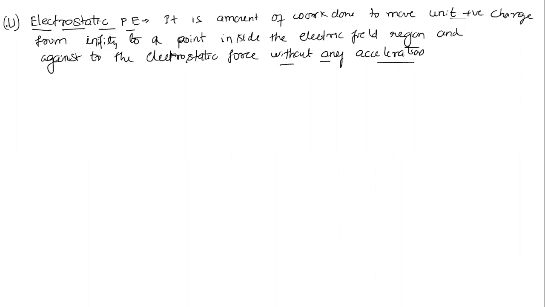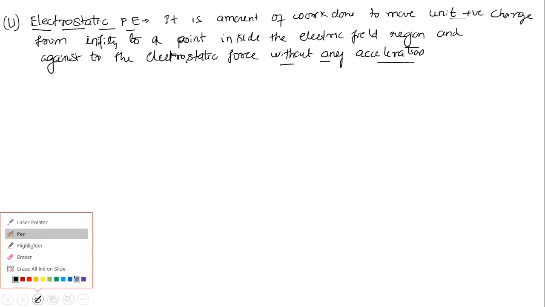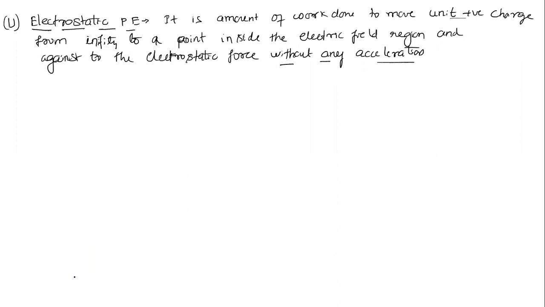Now, whatever potential energy there is depends on charge. Means whatever work we are doing, it depends on charge. So now we need to define a new term which is independent of charge. To make it, we are going for a new concept. The new concept is what now? Electrostatic potential. We indicate it with V.